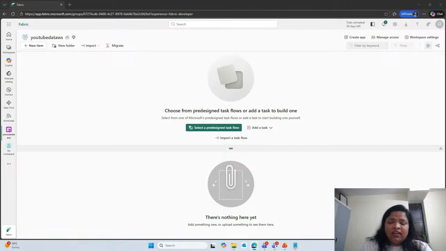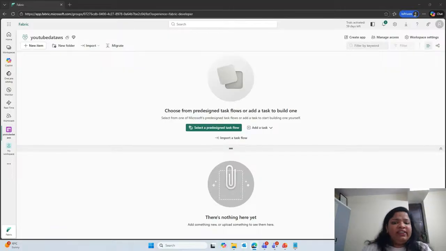What I mean is that using the lakehouse environment, if you want to process or explore your data using T-SQL, that is possible. Or if you want to work with your data using Spark, that is also possible.